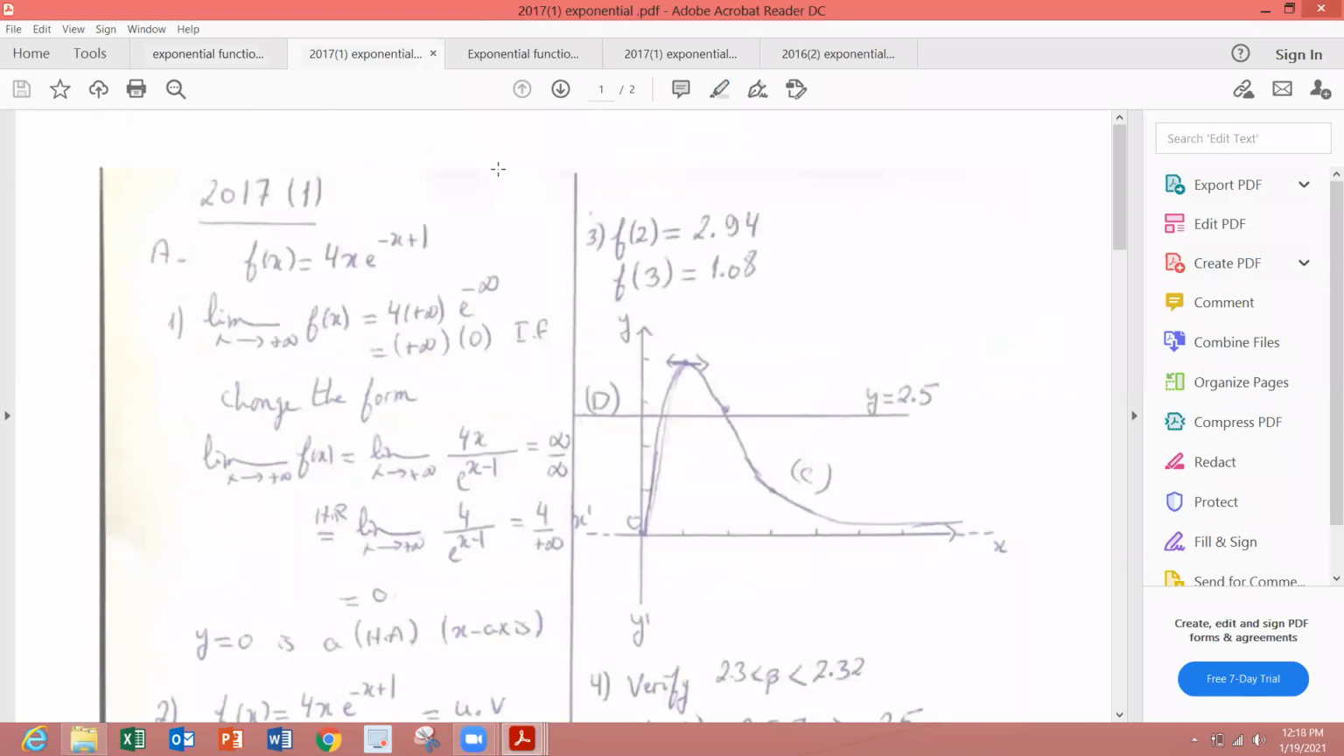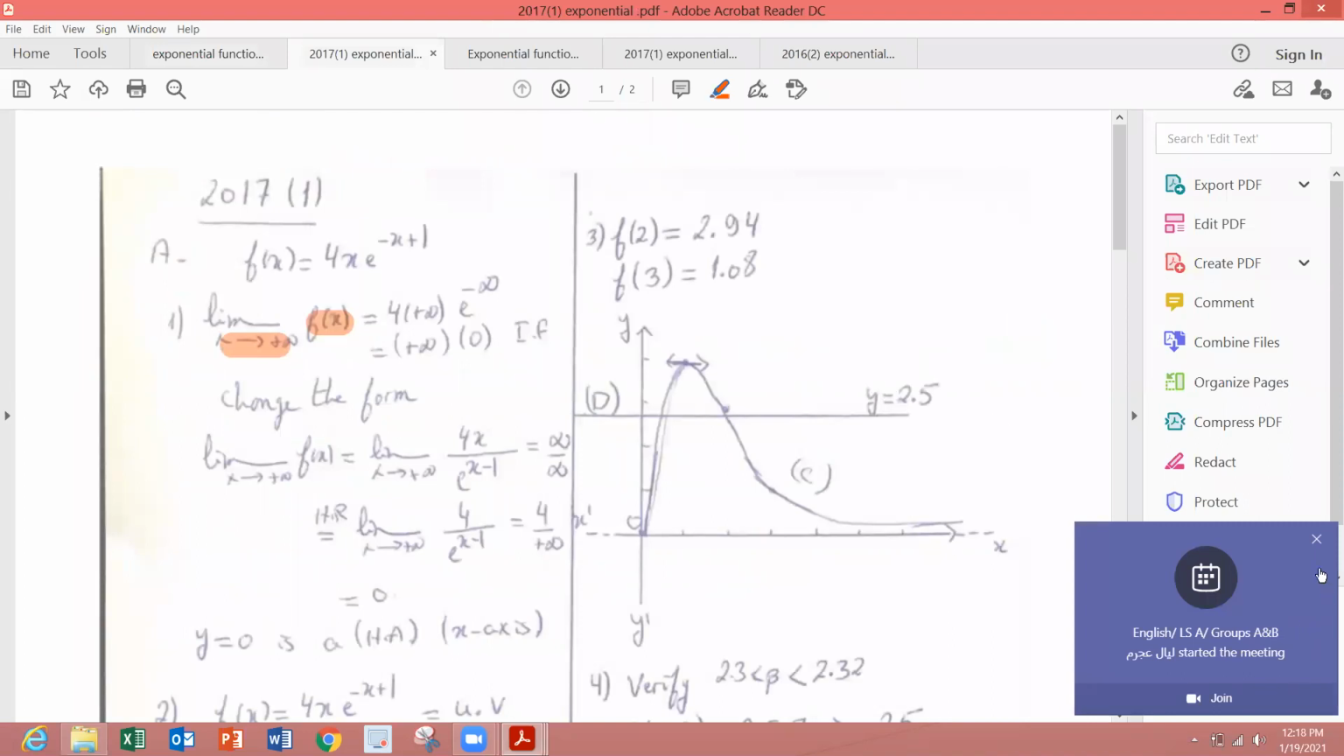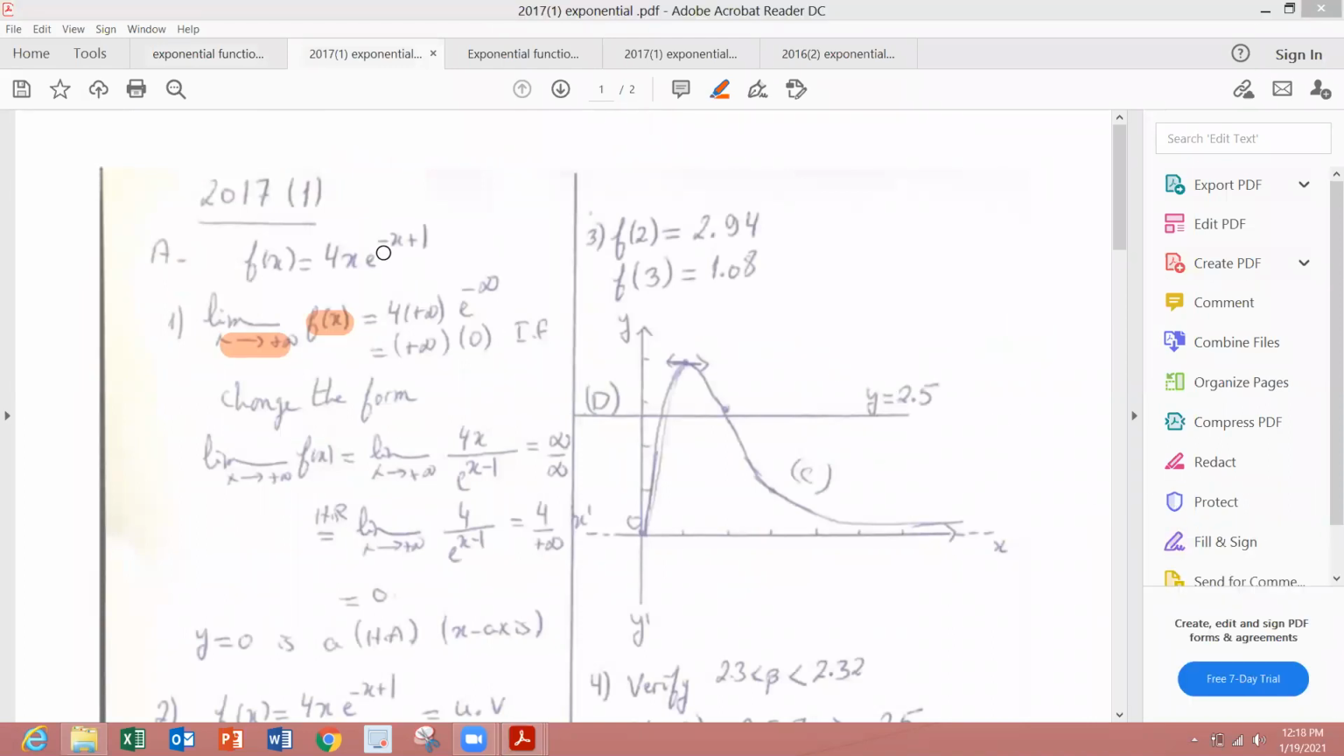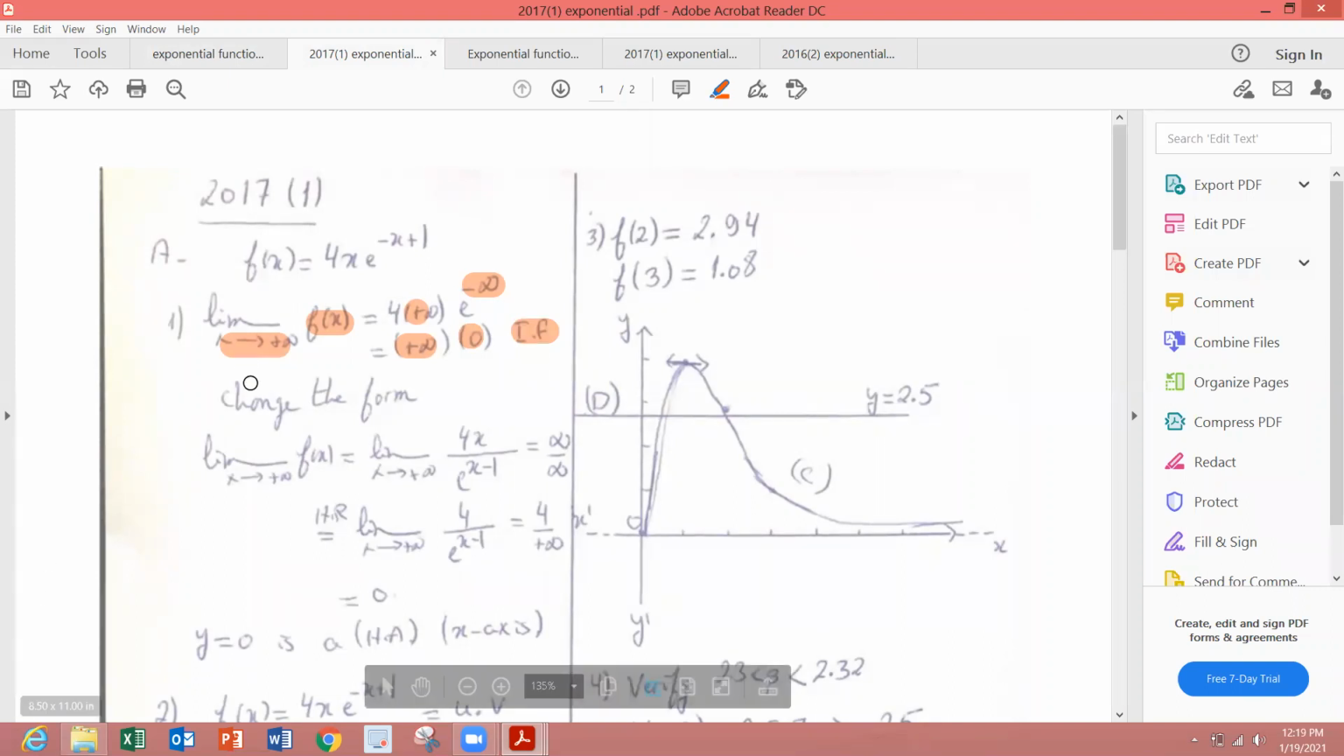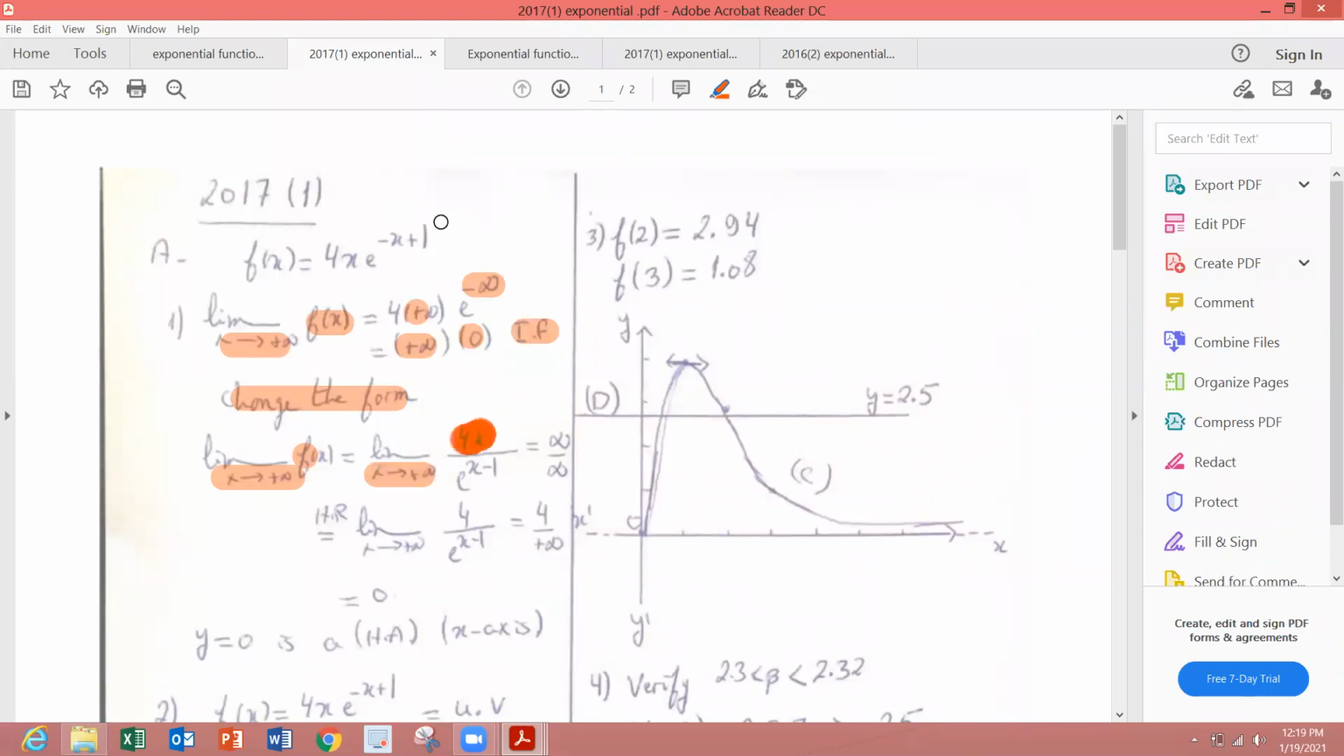Okay. So we have the limit as x tends to plus infinity of f(x). We replace each x by infinity. This x becomes plus infinity. This one becomes e to the minus infinity. Plus infinity times e to the minus infinity, which is 0, so it is an indeterminate form. We have to change the form. So the limit as x tends to plus infinity of f(x) equals the limit as x tends to plus infinity of 4x